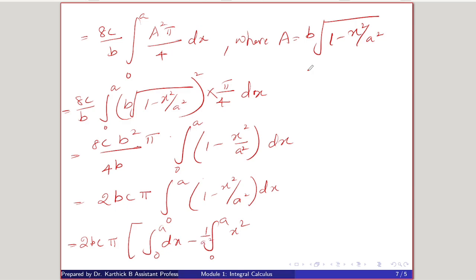I may keep 1 by a square as a constant. Okay, on the next step it will be 2bc pi,